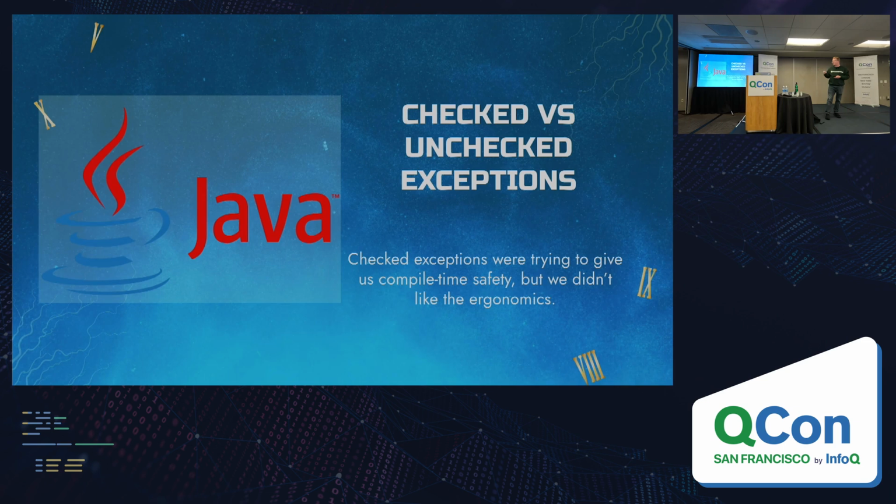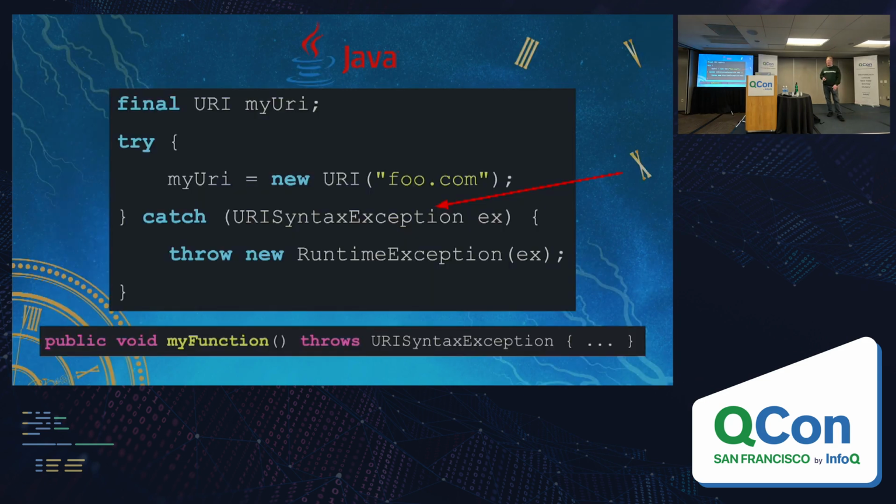So when I'm talking about this one, I like to reflect on the history of Java and how at the beginning of Java, it was really common for us to have these checked exceptions versus unchecked exceptions. And method signatures would be really weird depending on whether they're using checked or unchecked exceptions. And these are trying to do exactly what I'm advocating for in this talk, right? They were trying to give us compile time safety to make sure that we were handling these errors that might happen. But in practice, we just collectively decided we did not like the ergonomics of how it was implemented, and we kind of drifted away from it over time.